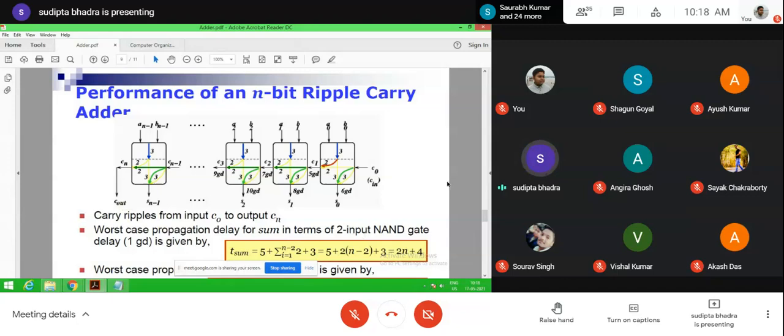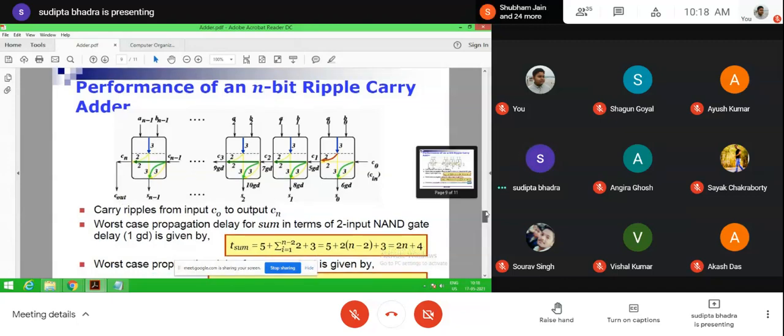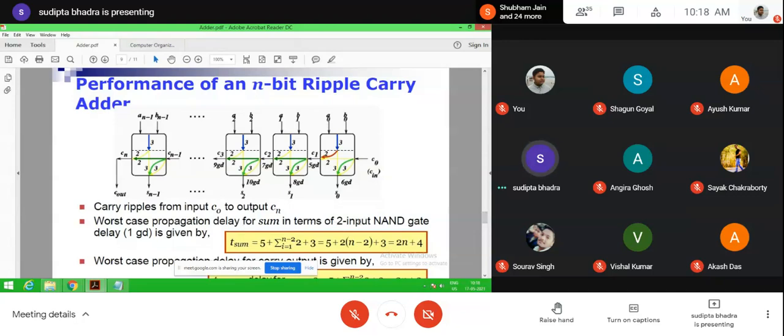Now the worst case propagation delay for sum, in terms of two input NAND gate delay, is given by this. Worst case propagation delay means the propagation delay for the sum Sn minus 1, what will be the particular delay required for the sum term.